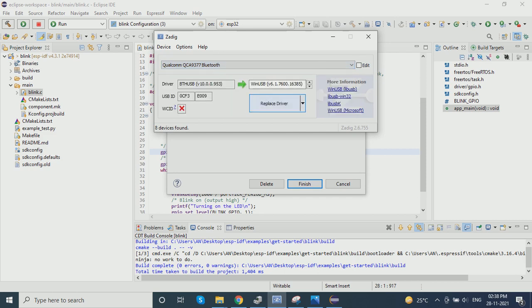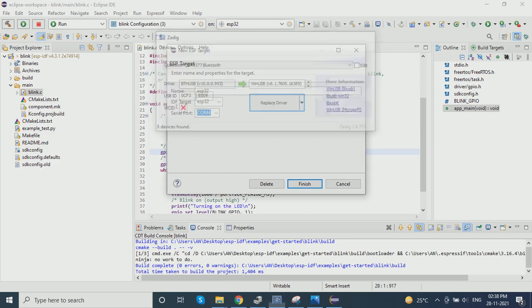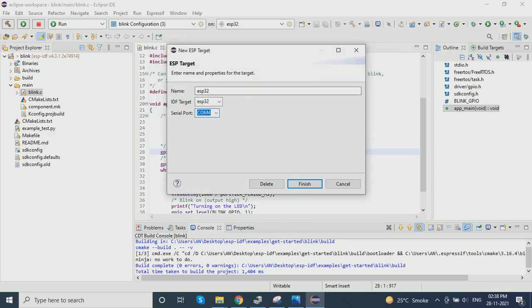Okay, then Replace Driver. When the replacement is completed, you will get only 1 COM port.